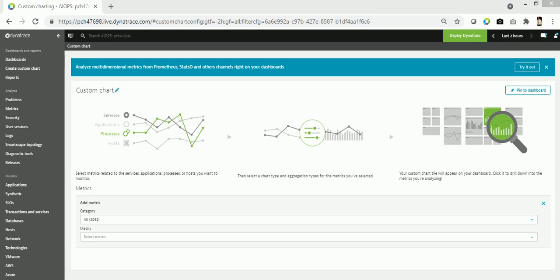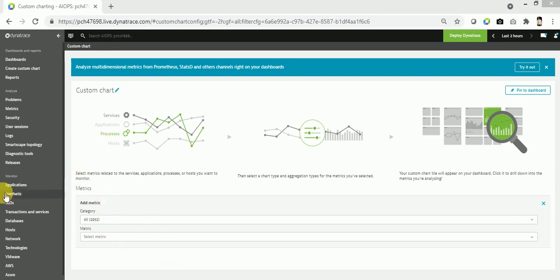Now the third question should be how we can define and configure the SLO in Dynatrace. For that, you can define an SLO based on the pre-configured templates provided by Dynatrace itself, or you can also create and configure your own SLO definition. For a better understanding of how to configure out of the box SLOs, let me explain.